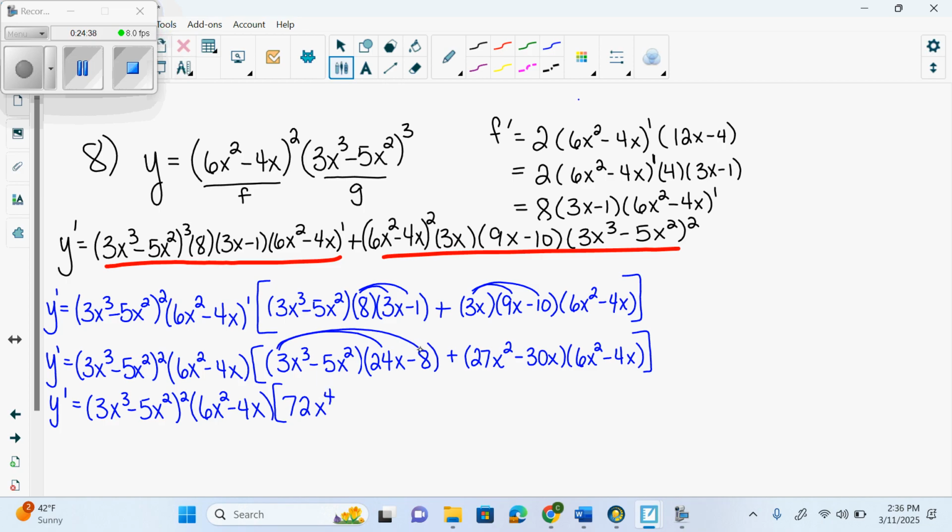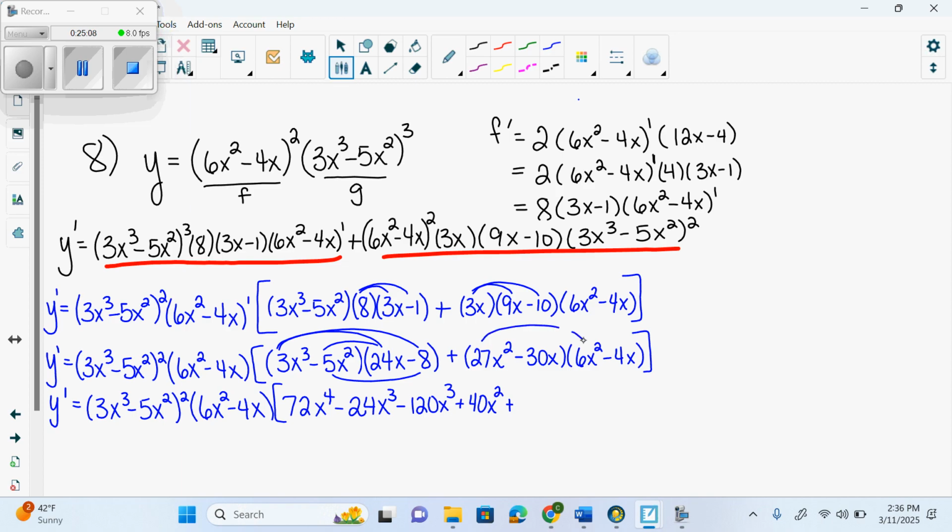Then 3 times negative 8 is negative 24x cubed. Negative 5 times 24, negative 120 x to the 3. And then negative 5x squared times negative 8 is positive 40x squared. Plus,